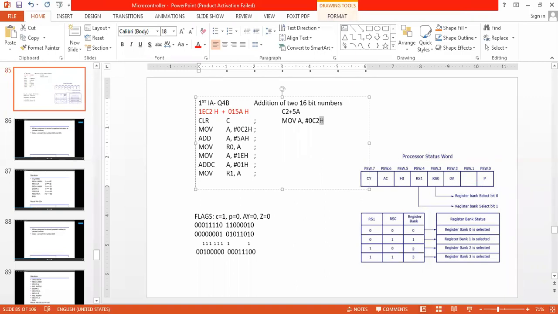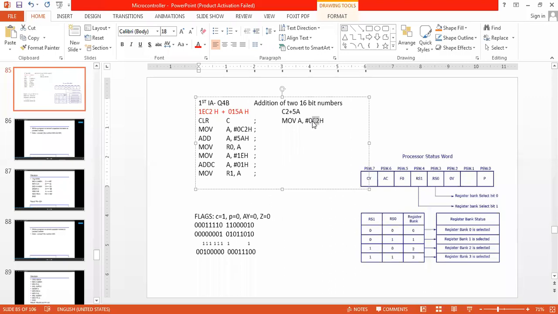If I don't write H, then the number will be considered a decimal number, and C is not a decimal digit, so the data is invalid. So I have to write H here. And whenever any number starts with an alphabet character, I have to add 0 in front, which is not considered data.